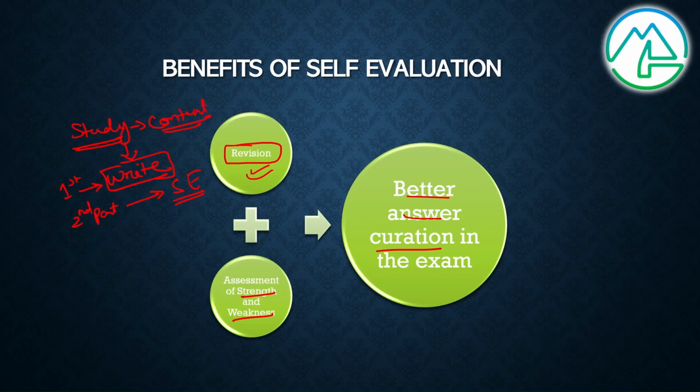So if there is a question which has come out of the syllabus, or there is a question which you don't have very good knowledge about, you can still write a very good answer if you know your strengths and weaknesses, how you write in the exam, how you can make certain points from a particular concept and write relevant points, even if you don't know what to write in a particular question which is asked out of syllabus. So when such questions come, if you know this revision and your strengths and weaknesses, you will be able to do it very easily in the actual mains exam, right? So that's why we need to self-evaluate our answers.